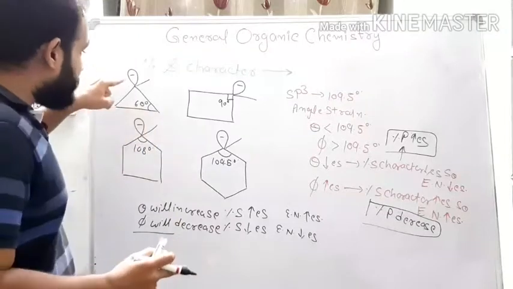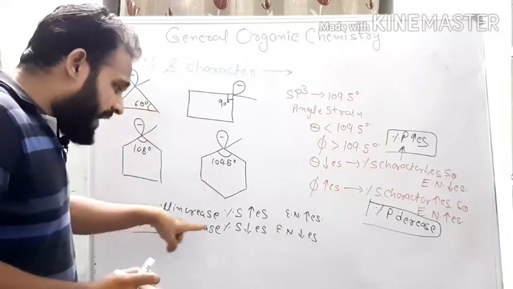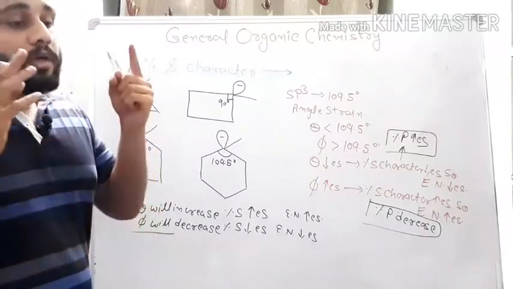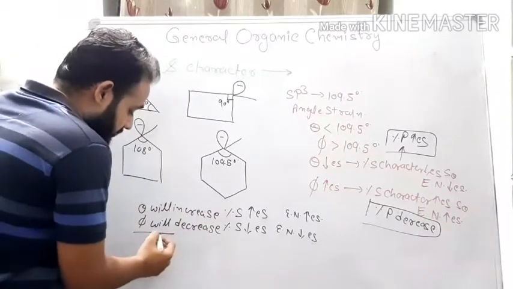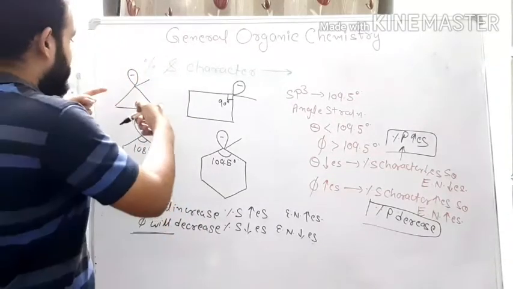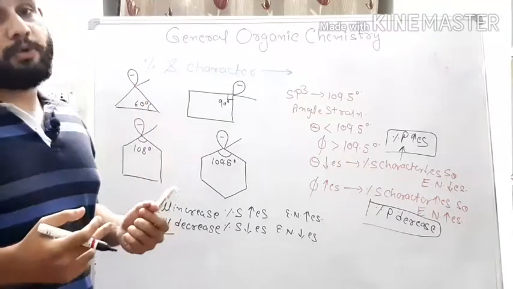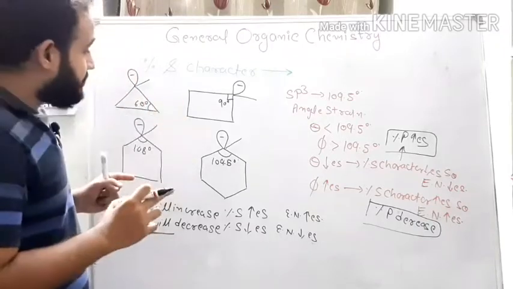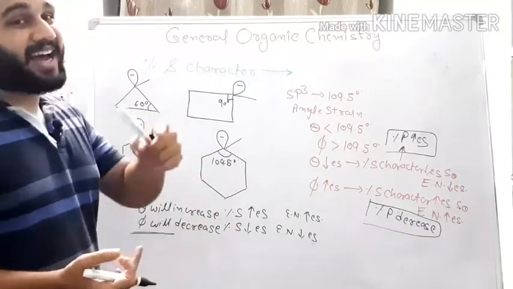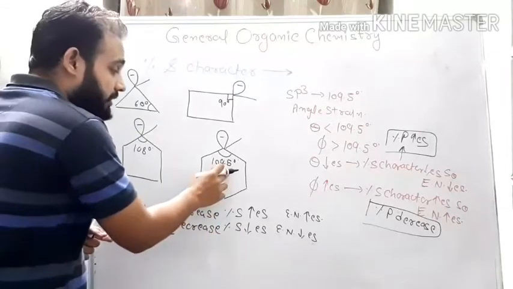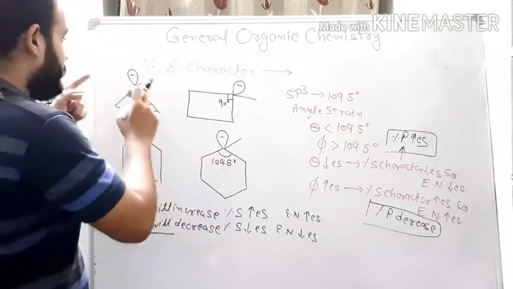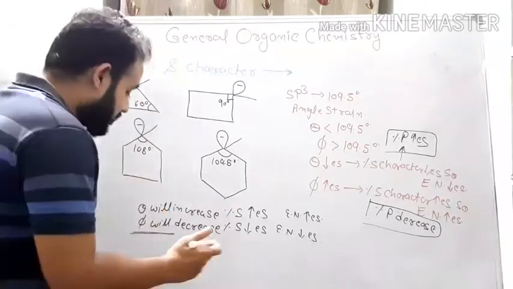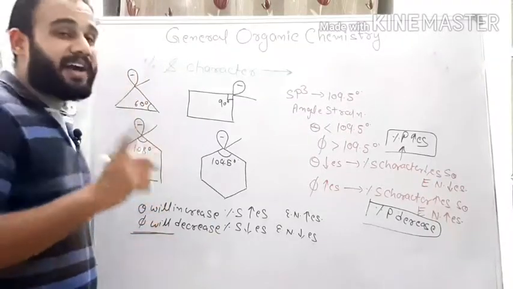So phi will decrease. When you relate with the value of phi, this cyclopropane will be the highest electronegative compound, according to your value of phi. But according to the value of theta, the highest electronegative compound will be cyclohexane. But I can tell you that when you talk about the anions of these compounds, you should always think about this angle phi, not theta.